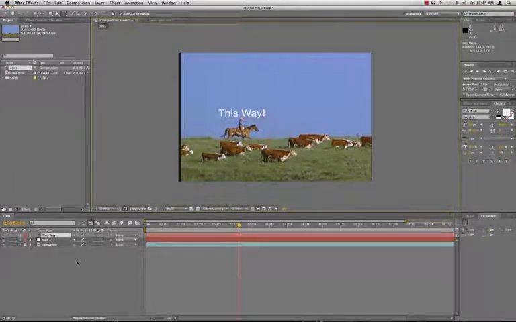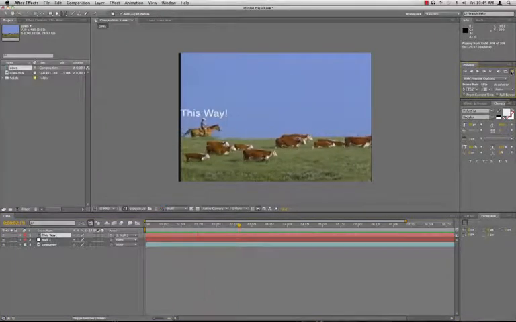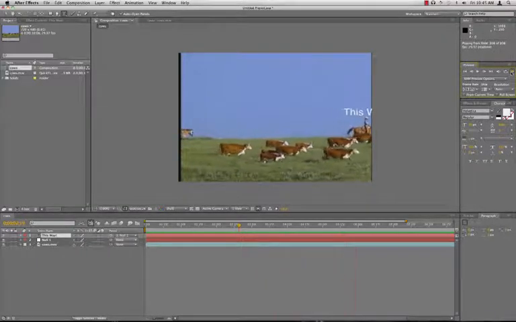And then down here in the timeline, I'm going to select that layer and look next to it, and we'll see a column that says parent. And then we'll select that null object. If you don't see parent, you can hit the toggle switches and modes. So you can see the text kind of stays with the cowboy, but here at the beginning and the end,